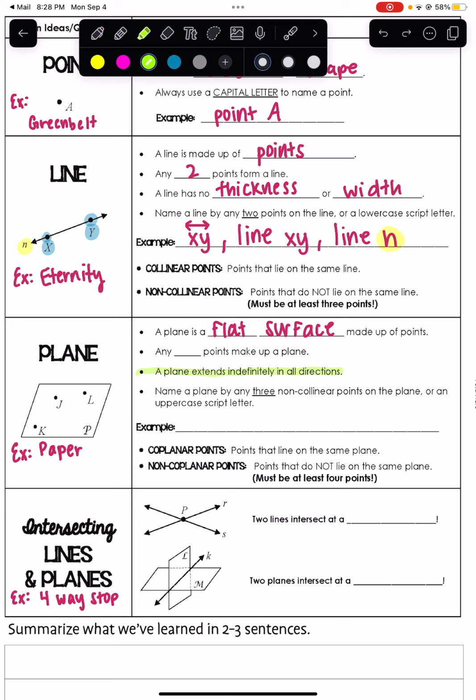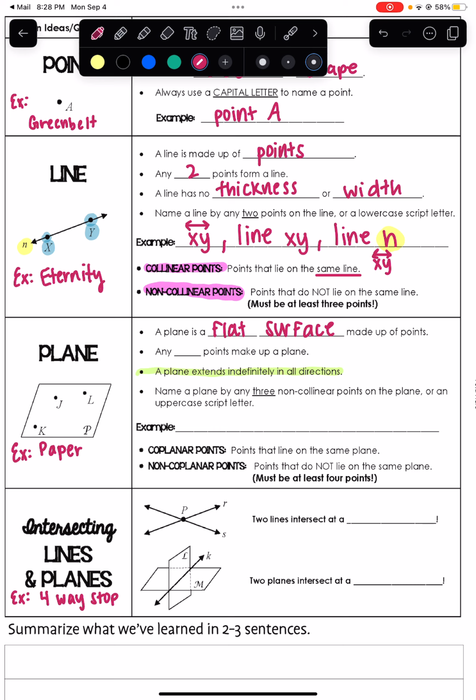So we have collinear points, and those are points that lie on the same line. So that would be like x and y. So I'm just going to write the little example of x, y with our line above it. We also have non-collinear points. In non-collinear points, those points do not lie on the same line. So in this specific example of line n, we don't have an example, and it has to be at least